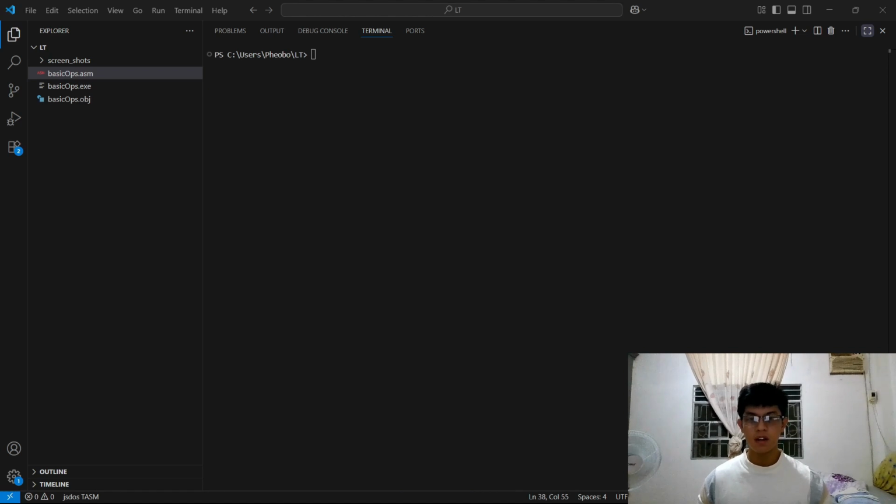Now, in the terminal, type the command nasm -fwin32 basicops. I'm just going to copy-paste it right here so we don't take much time. When you enter that, this will assemble your code and create an object file named basicops in your folder. The next step is you want to type gcc